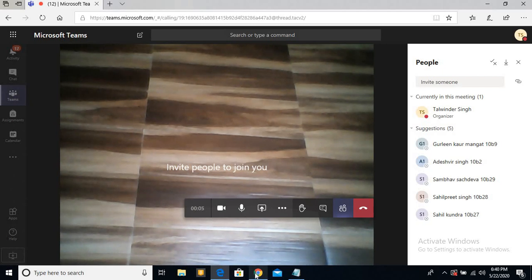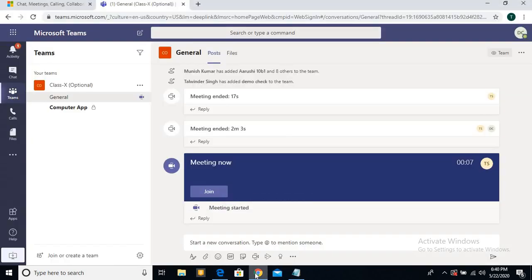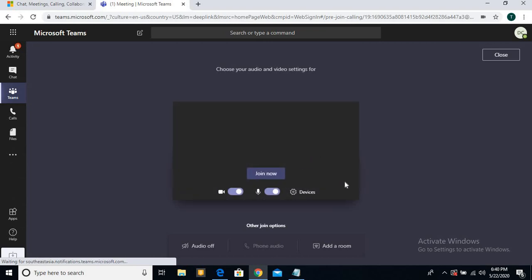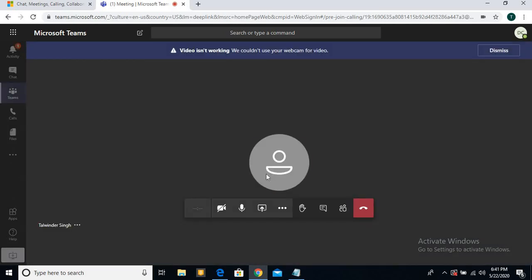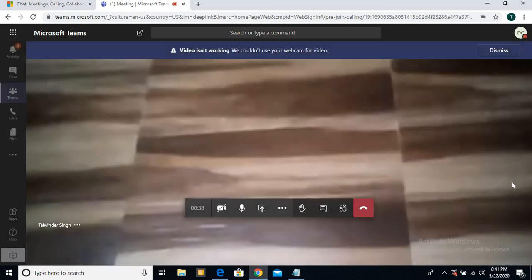So I am going to open your student end. तो ये देखो student end पे अपने आप आपके पास join की option आ जाएगी in your mobile phone and in your laptop also. You just have to click over here and you will see कि after clicking they again ask you to join. Join now means you are able to join the class, because this is the video. If you want to turn off, this is the mic. So again you have to click here, join now, and you are getting into the class.